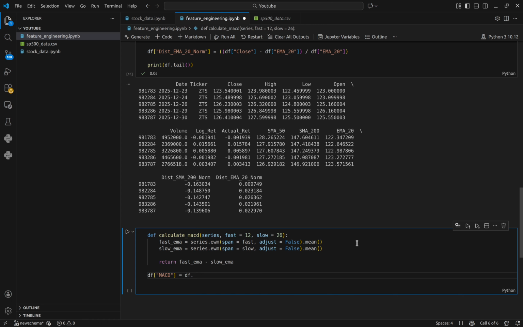Here what we're going to use is our gclose again, the one we sorted and grouped by, and we will transform it. Now we will use our lambda x, and here we're going to use the calculate MACD function that we defined earlier. And for the series we will be entering x, since this is our x at the moment,